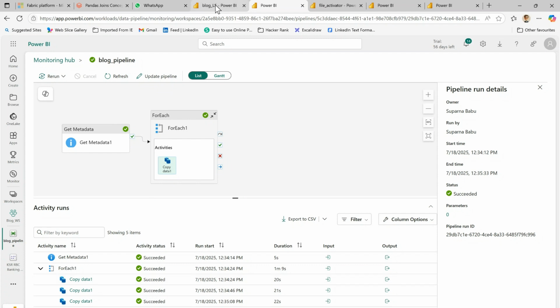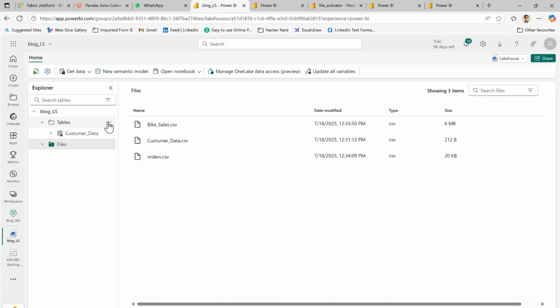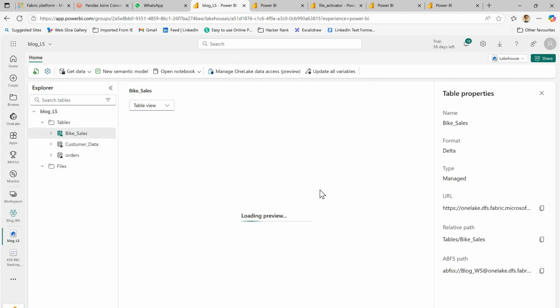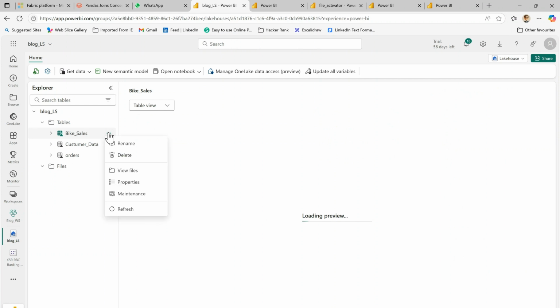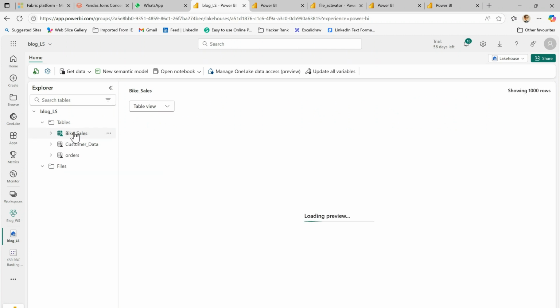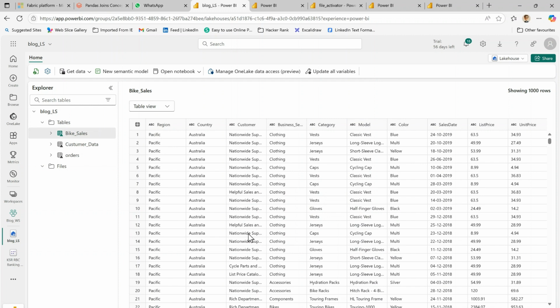Now let's go to the Lakehouse. Let's click on the tables' three dots and click refresh. Once you click refresh, see, automatically those three files are loaded. Let's check when the bike data file was loaded. Click on these three dots, go to the properties. Oh, sorry, not properties, we'll go to view files. Once we go to view files, at 12:34 it is completed. Okay, let's click and see, automatically the bike data is loaded to the tables section